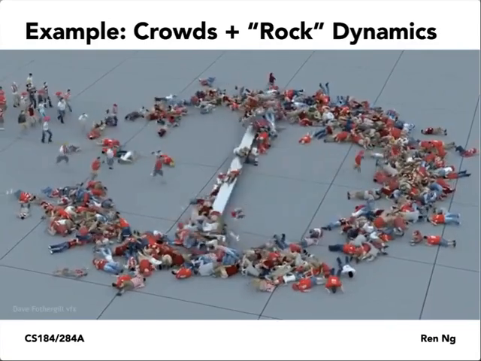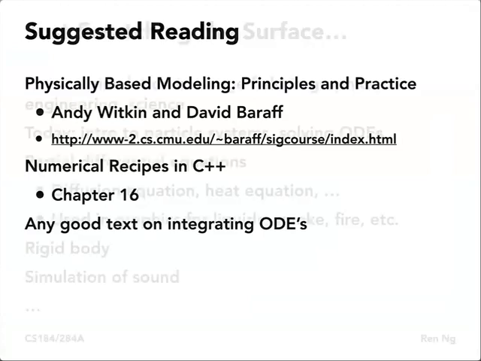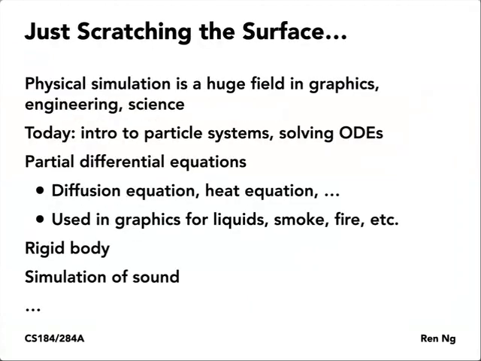And maybe that's a good way to segue into number one. I'll leave it in the slides. There's more suggested reading if you find this topic interesting or are interested in doing a final project in the area of physical simulation. But maybe that last animation that I showed there is a good way to finish